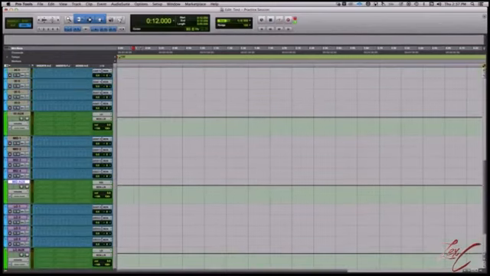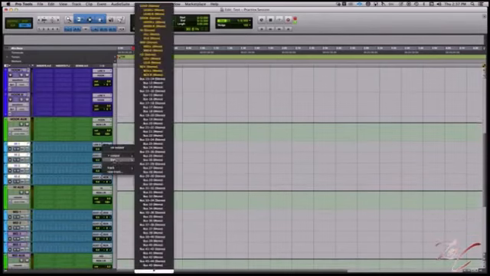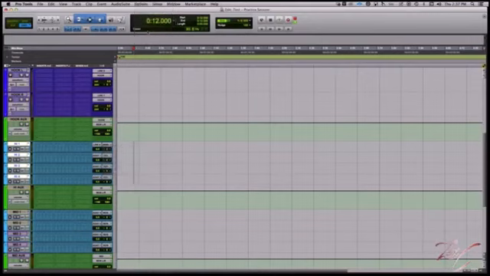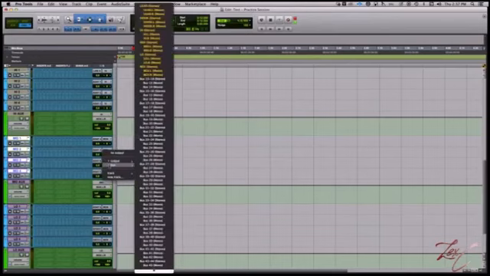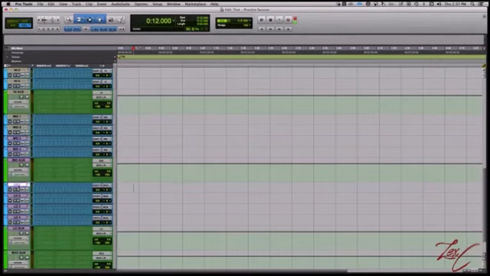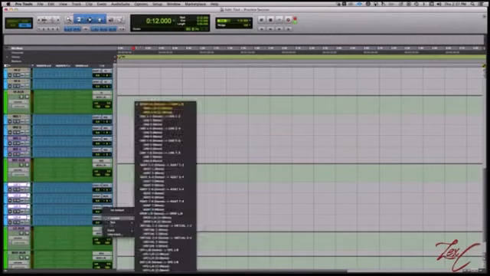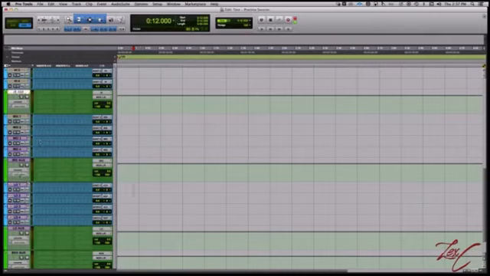Boom. So now don't forget to route all of those to their respective aux tracks. Make the output of the highs go to my high bus. The output of my mids is going to go to the mid bus. Right. The output of my lows go to the low bus. And now,